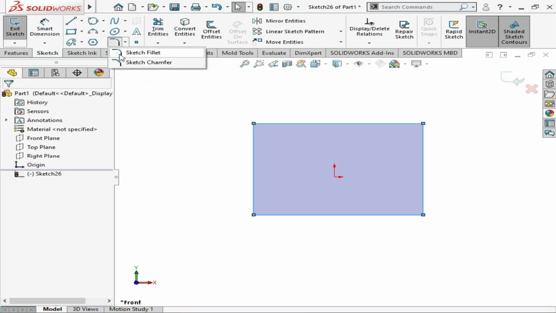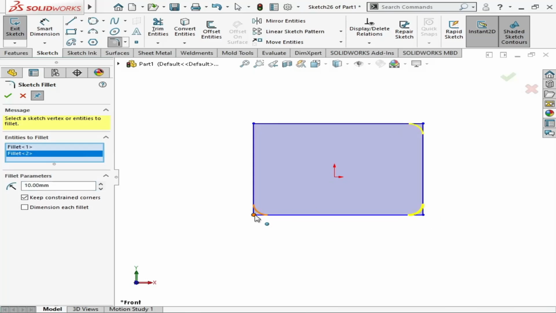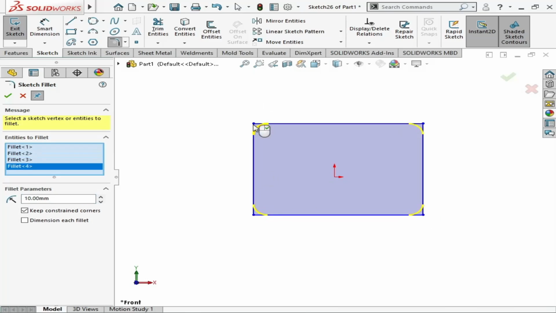The fillet is a rounded edge and the chamfer is a cut edge. We will click on the sketch fillet, and after that we will click on these end points of the rectangle. You can choose multiple by clicking at the end of the rectangle.